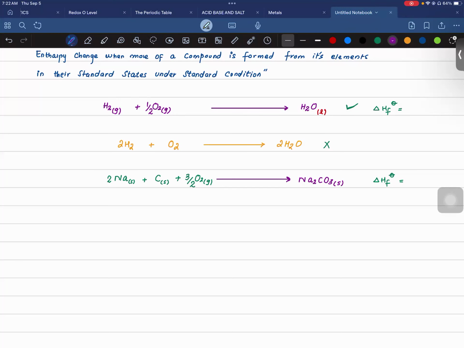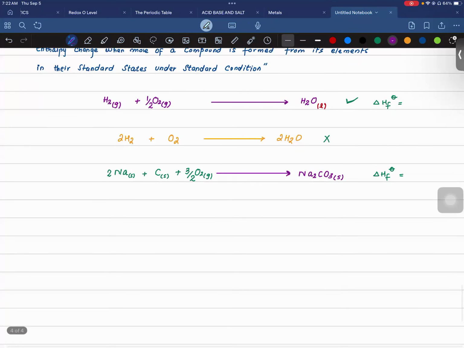Let's suppose I need to form C2H5OH. The standard state for ethanol is liquid. This is alcohol. Can you tell me how am I supposed to prepare ethanol